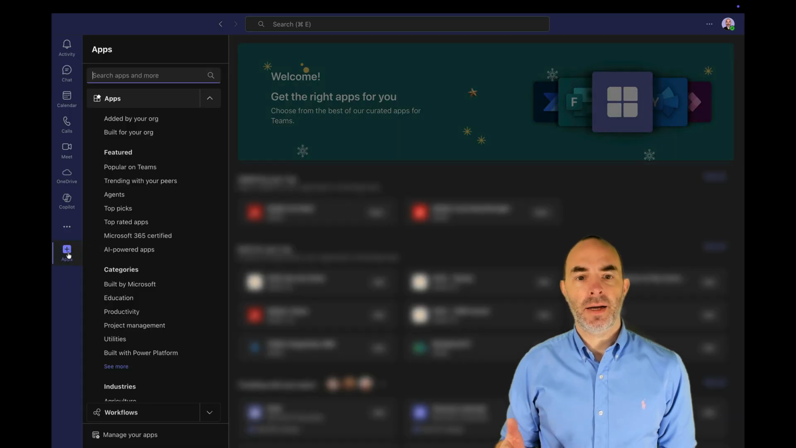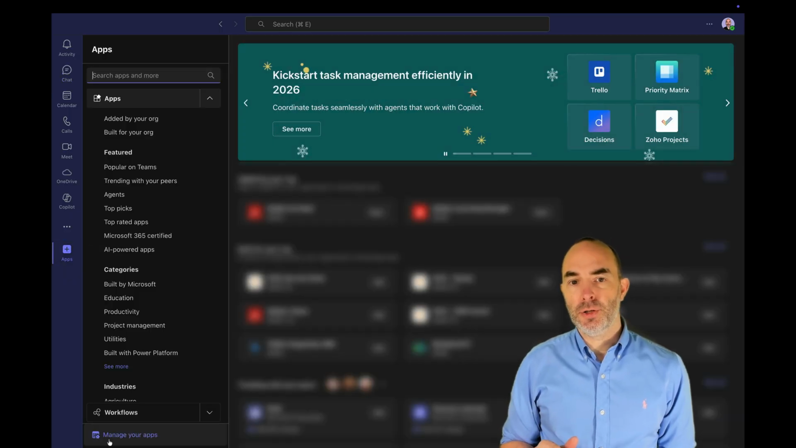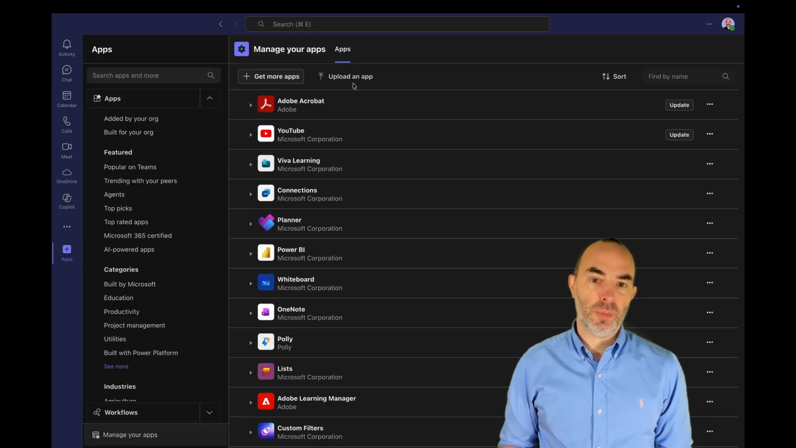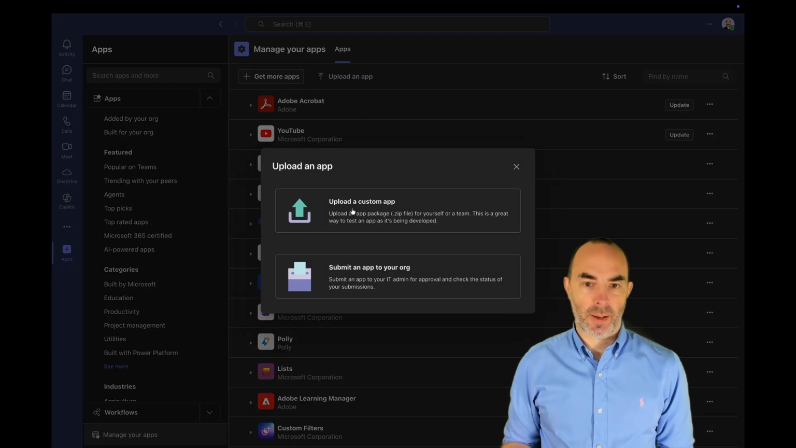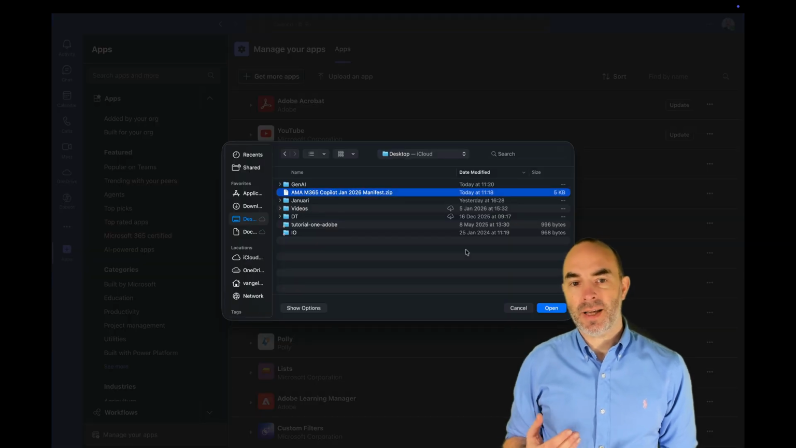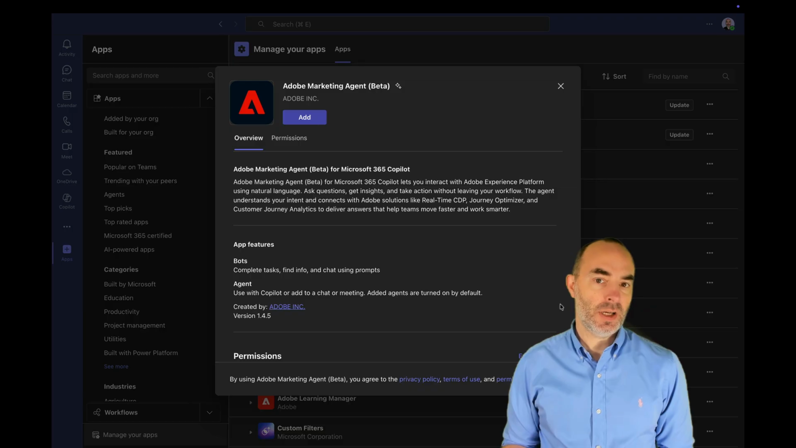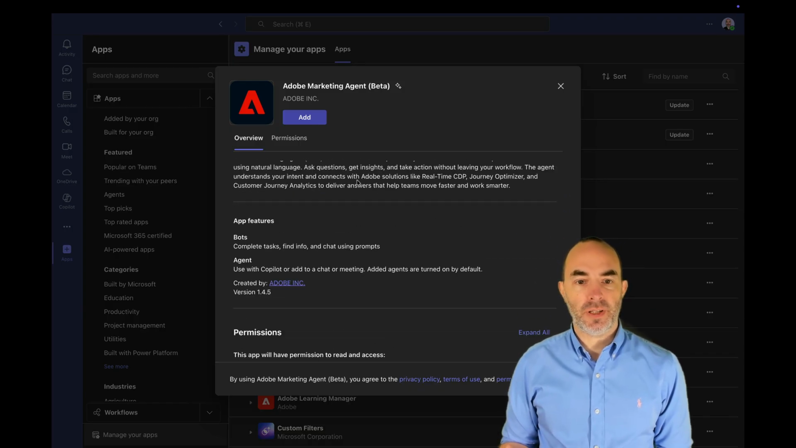Let's start. Here I am in Copilot. Before I can use the Adobe Marketing Agent in Microsoft Copilot, I need to create my custom app. The Adobe Marketing Agent app is currently installed like this and will be available in the Microsoft Agents store at